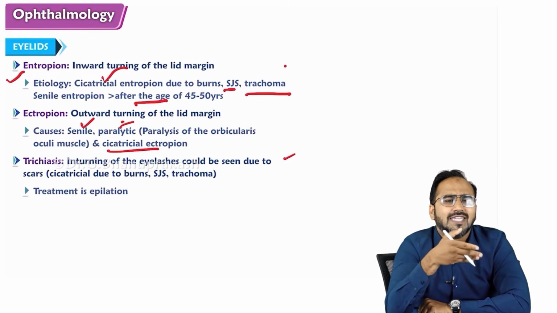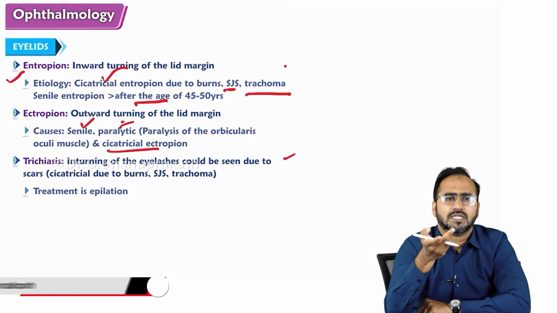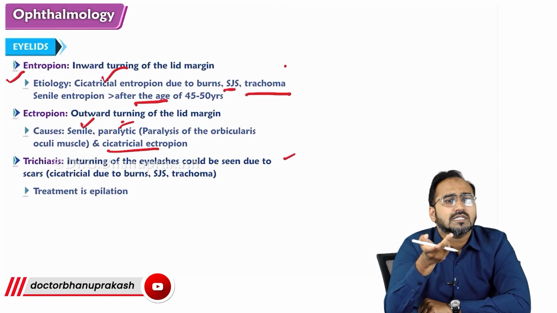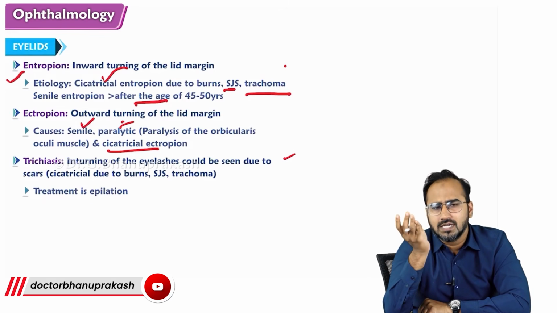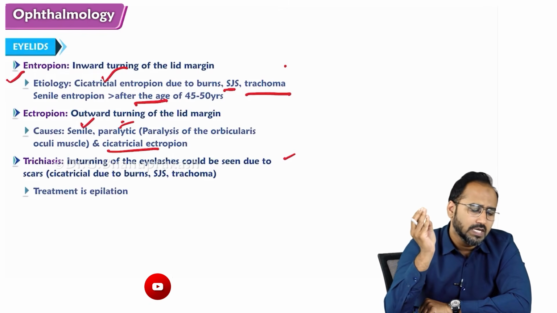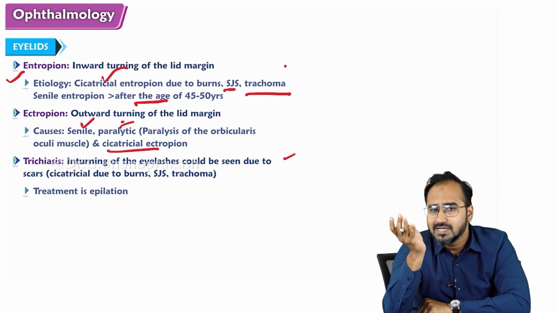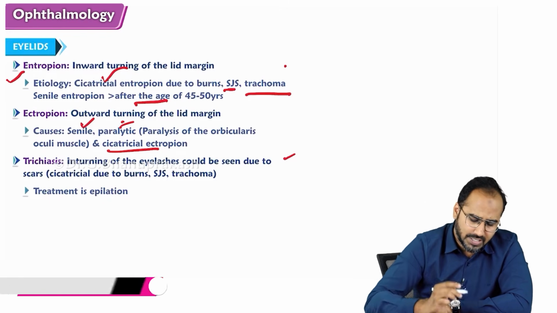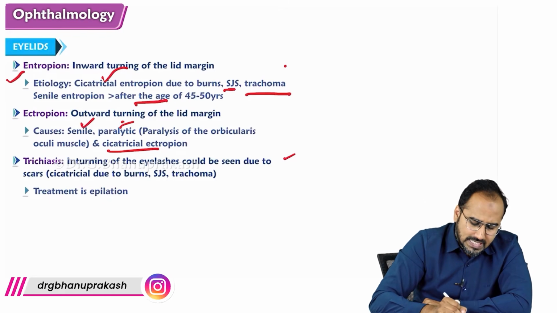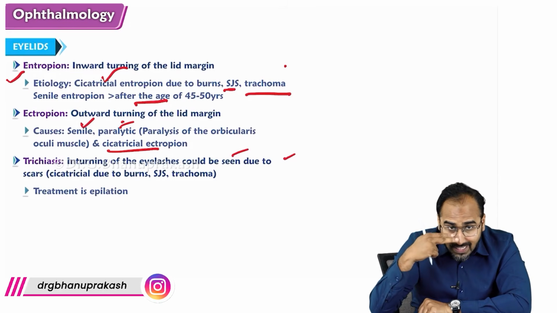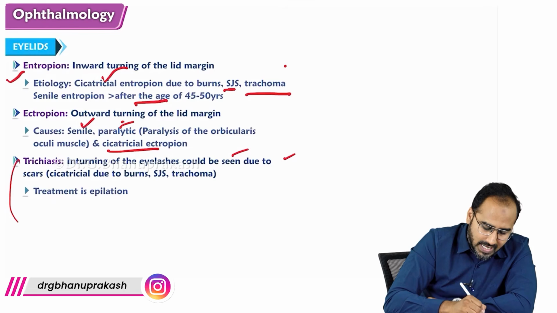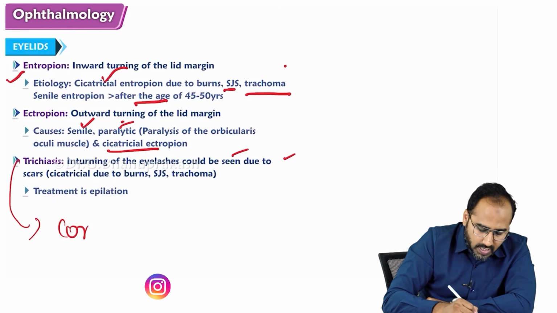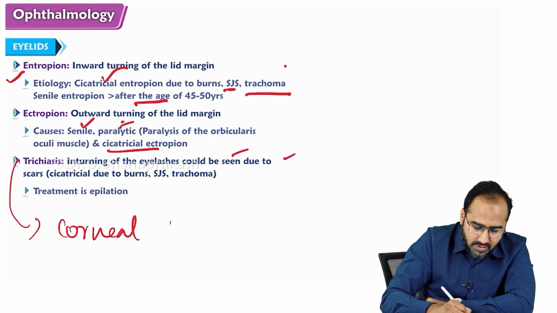What are the causes of trichiasis or entropion? Same causes, guys. What same causes, guys? Come on, what same causes? Scarring due to cicatricial entropion. Scarring that can be seen due to Stevens-Johnson syndrome, trauma, or trachoma. And there is senile. Okay? So these are the causes. Whenever there is in-turning of the eyelashes, this is very dangerous. Why? Because trichiasis can cause corneal